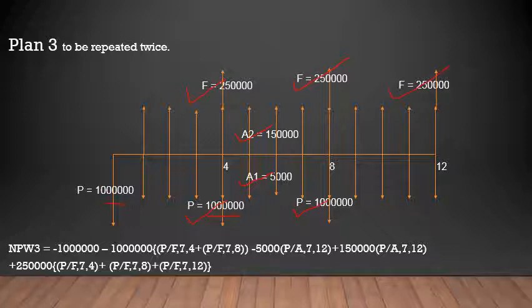So I have taken a common factor 2,50,000 as the common factor and used the factors like this. Instead of using the 2,50,000 for every factor, I have taken the common factor here as well as for the cost. You can use that and get the values from the factor tables. You will get the answer as 7,45,940. And from the answers we can see that NPW1 has the least cost and hence plan 1 is selected.